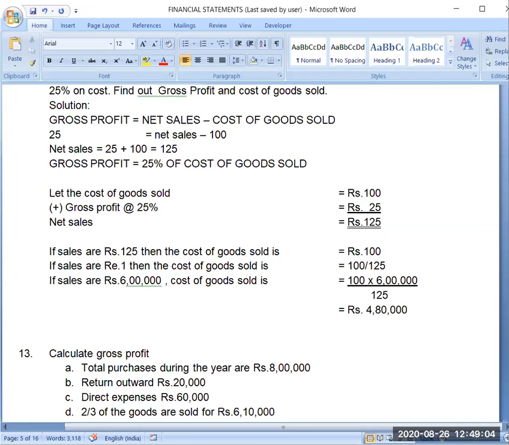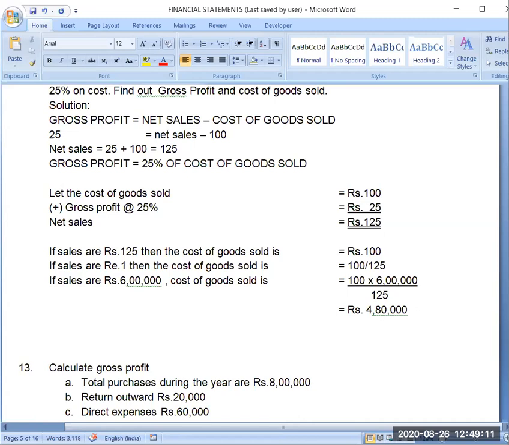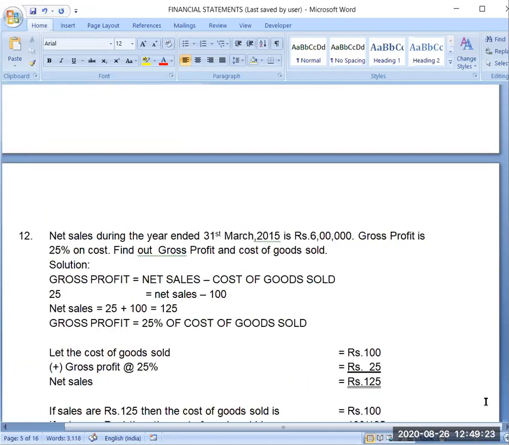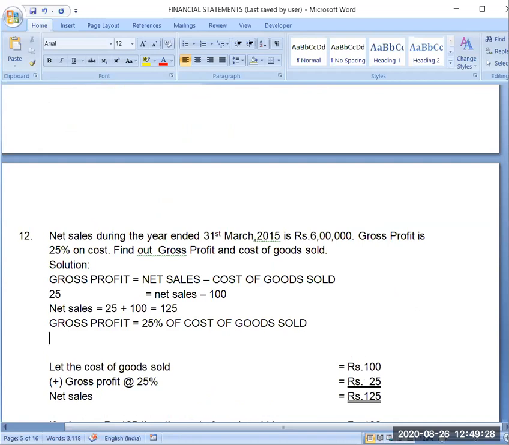So now I got the cost of goods sold in this manner. I got the cost of goods sold as rupees 4,80,000. So one part of this question is completed. Now the question is saying again, gross profit is equal to 25% of cost of goods sold. So now I can calculate it,